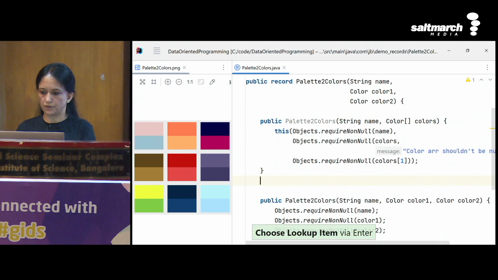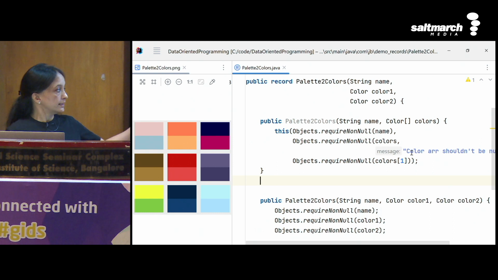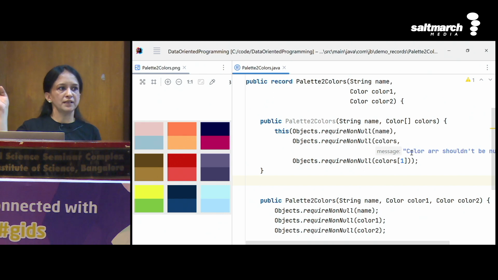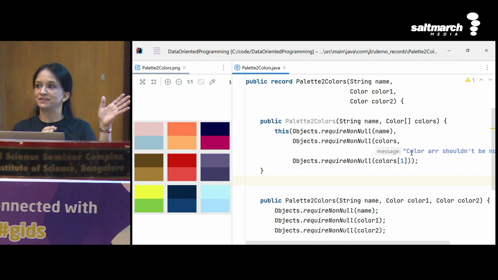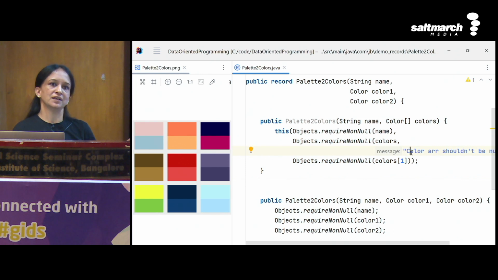This is how I might define my other constructor. In this case, the first line of code that this constructor needs to call is the constructor. How many of you know that this might change? Wow, that's good. Impressed. So there's a new Java JDK enhancement proposal on the way, and that would change how you call this